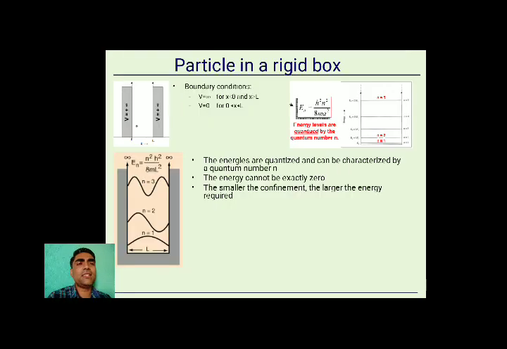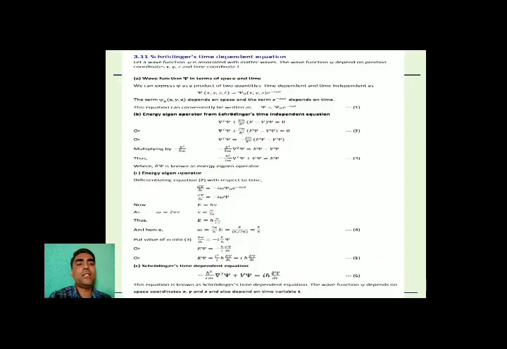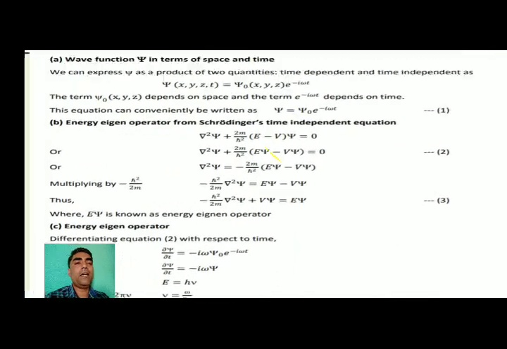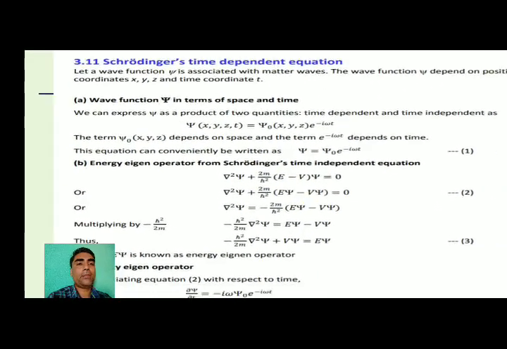Now let us discuss another form of Schrodinger's wave equation, which is known as Schrodinger's time dependent wave equation. The starting point for Schrodinger's time dependent wave equation is Schrodinger's time independent wave equation,